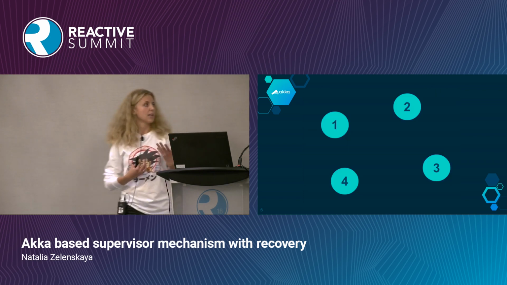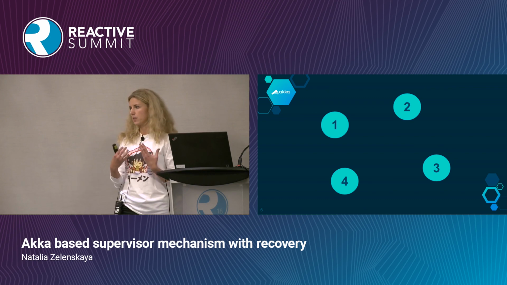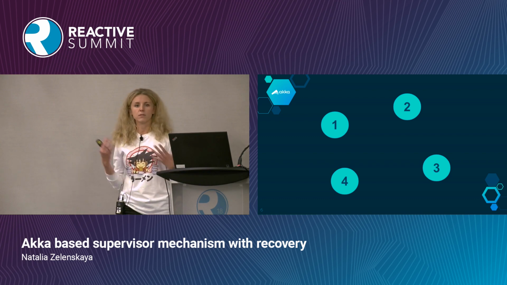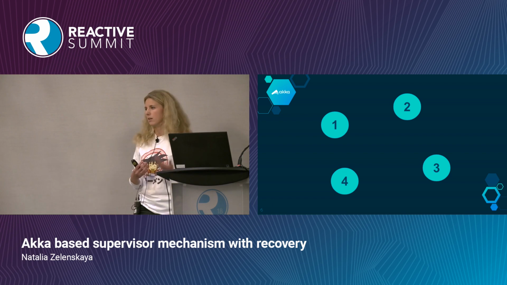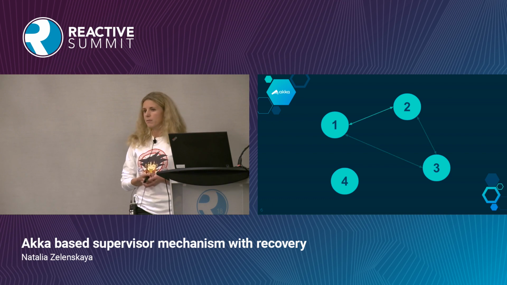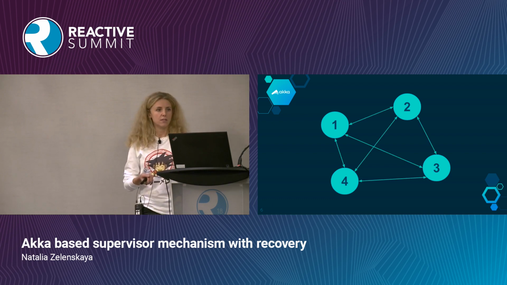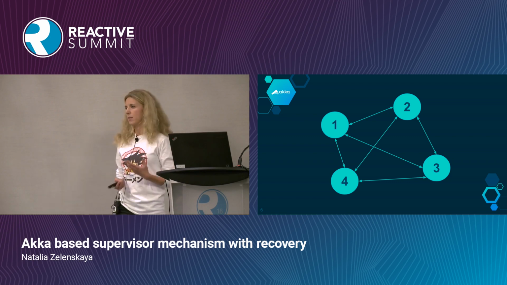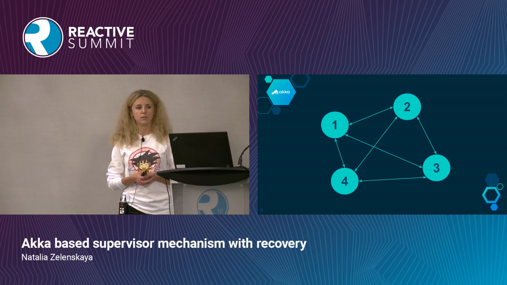So let's take a look at the cluster and what makes it so special if we start using Akka clustering with it. Here you can see a cluster of 4 nodes. These are 4 individual computing instances where we can host our application, and it will appear as a single service to our consumers. If we start using Akka clustering with it, it will give us a very interesting feature, cluster self-awareness. What this means is that all nodes in this cluster are aware of each other's existence. They use a well-known port for discovery to connect to each other, and they talk to each other about different events happening in the cluster using the gossip protocol, on top of which Akka clustering is built.